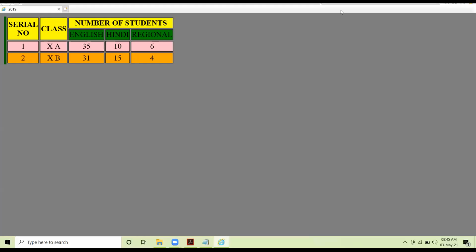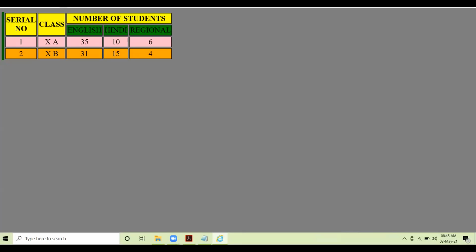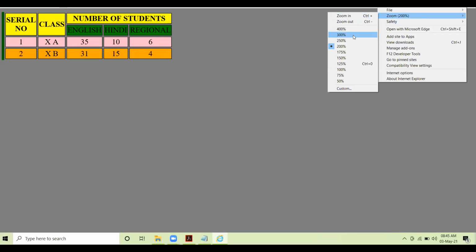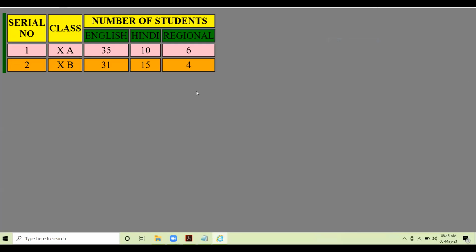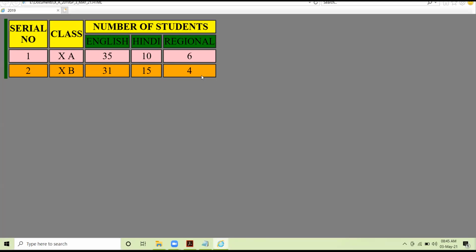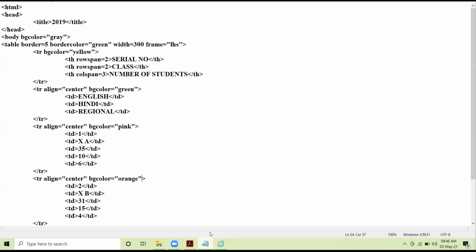And see the border. The green color border is only appearing in the left side. I just increase the zoom level so that it is clearly visible to you. The green color border is only appearing on the left side because I have given the value of the frame attribute as LHS, right?